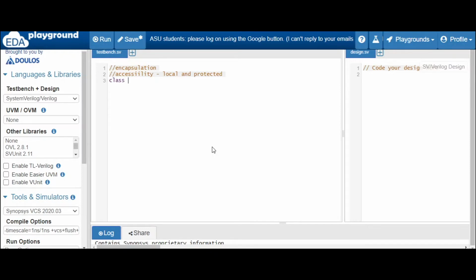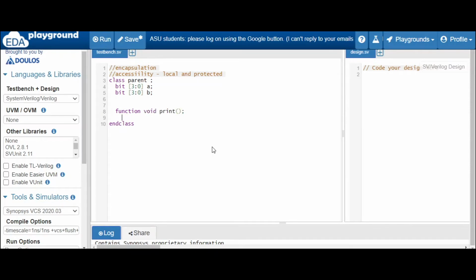Let's declare one class, class parent. In class parent, let's declare two variables, bit [3:0] a and bit [3:0] b, and let's do endclass. And let's declare one method also, function void print.